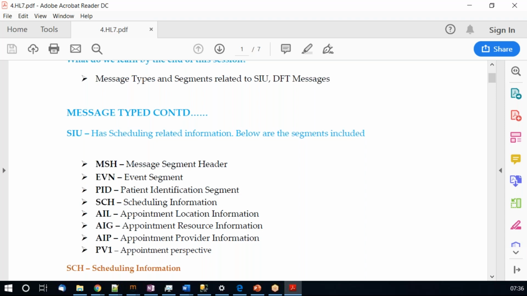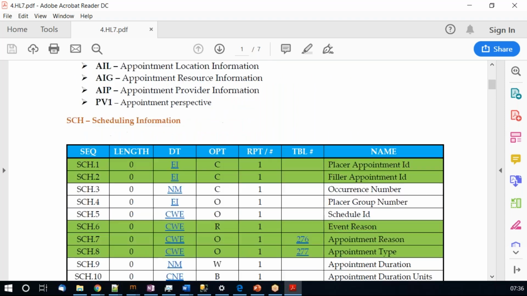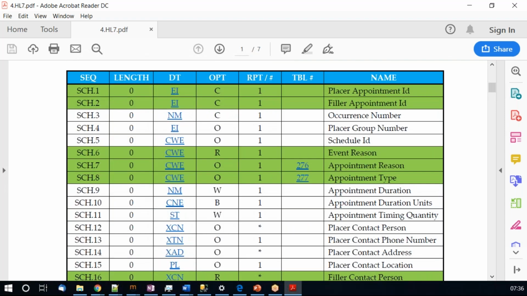Then now we'll go to SCH. SCH is nothing but the scheduling segment. This will have information related to the entire schedule. So let's say, for example, when the patient is coming, when he is going, for what duration he has the appointment for, and when